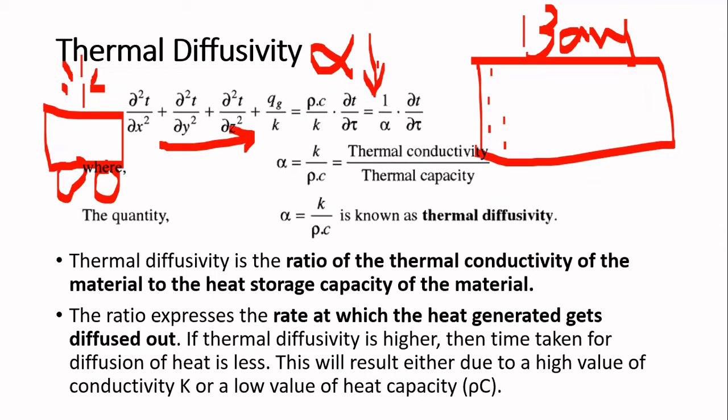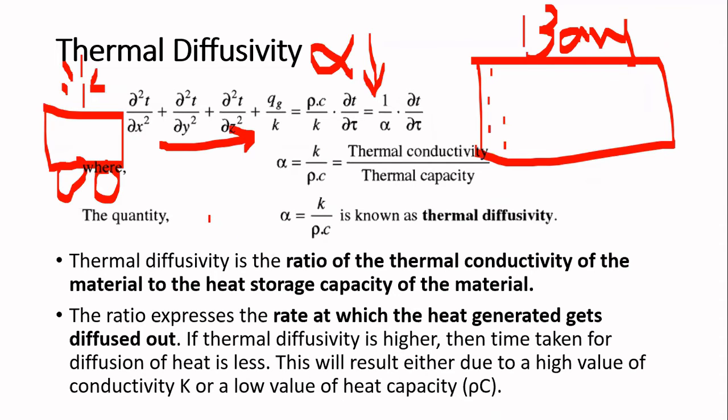If the alpha value is low, in that case, heat will spread at a slower rate. Is the analogy clear to all? Any doubt in this? Because we are going to take the same case to understand how these K, rho, and C values are going to affect the thermal diffusivity value. Is the case clear to all? Yes, sir.